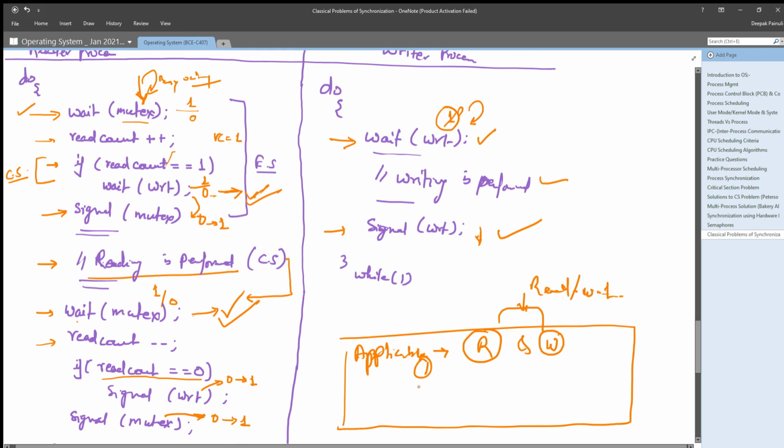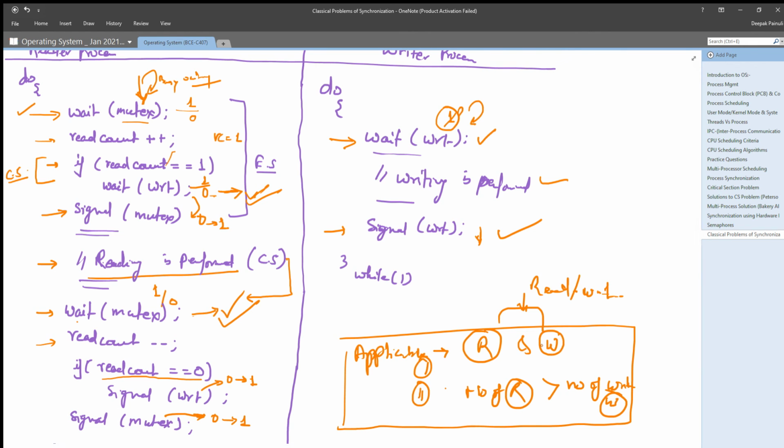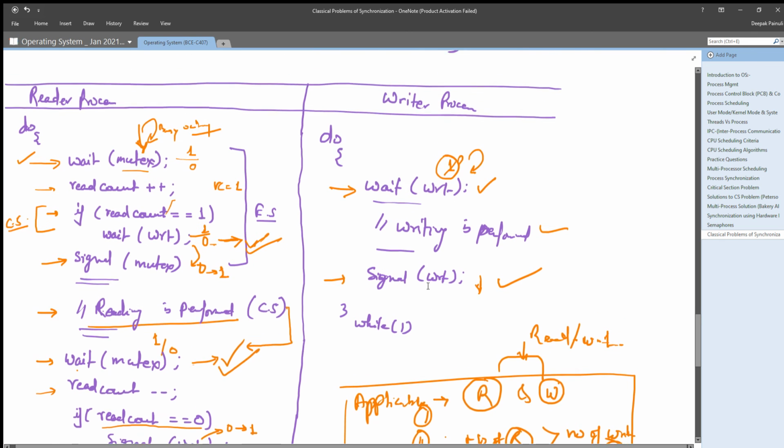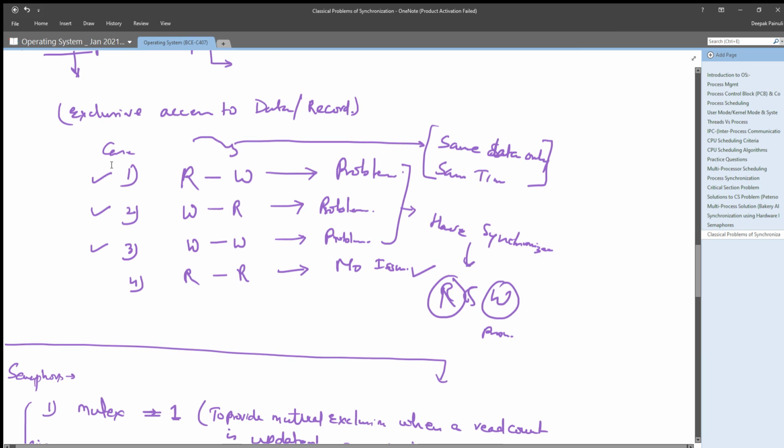The second condition of applicability is when the number of reader processes is greater than the number of writer processes. If you are unable to distinguish between reader and writer processes, or the number of writer processes exceeds the number of reader processes, then this semaphore solution may or may not solve cases 1, 2, 3.